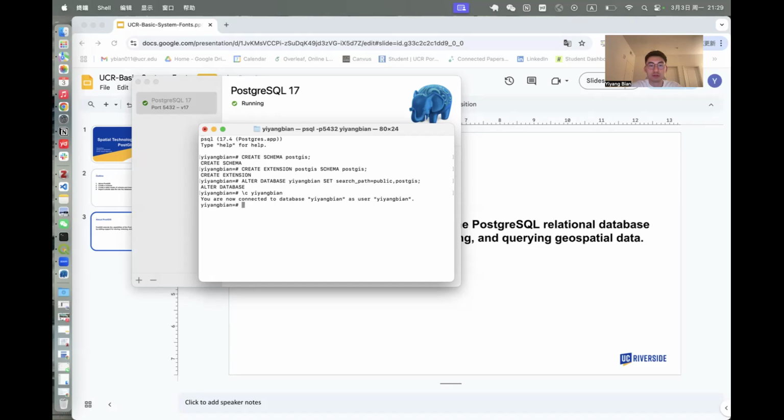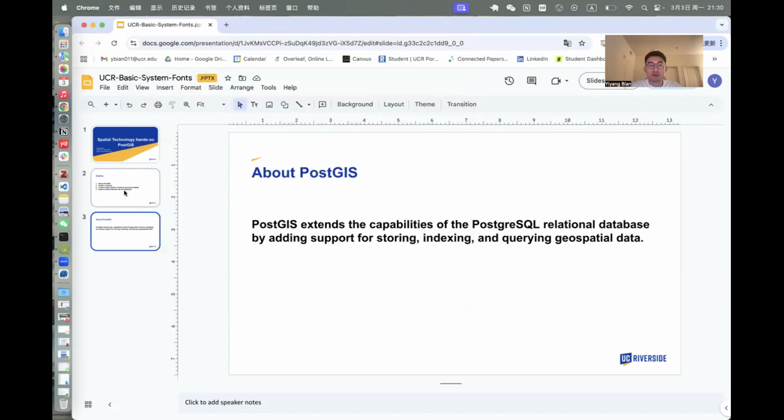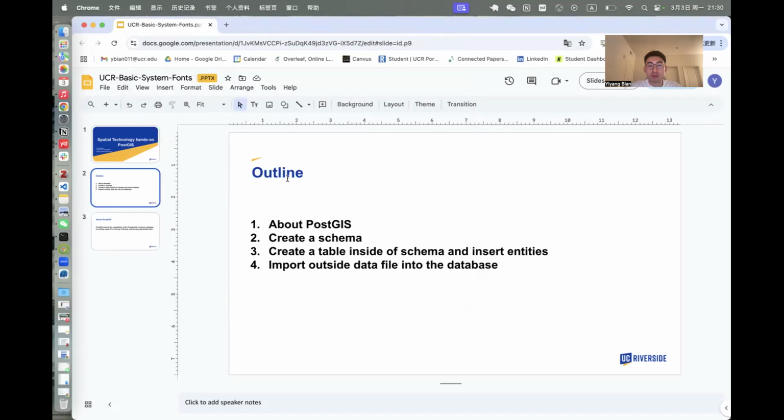We can also take a look at how many schemas, and what kind of schemas, we have already created inside the database. Here is the schema postgis, the name of the table inside the schema, and also the owner. After we have done the creation of the schema, we need to create a table inside the schema